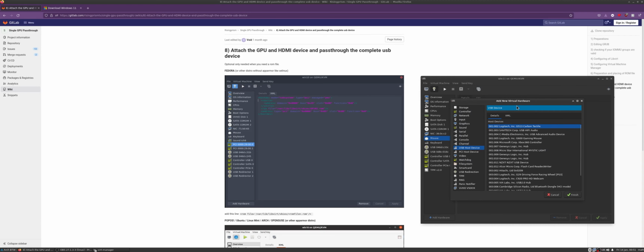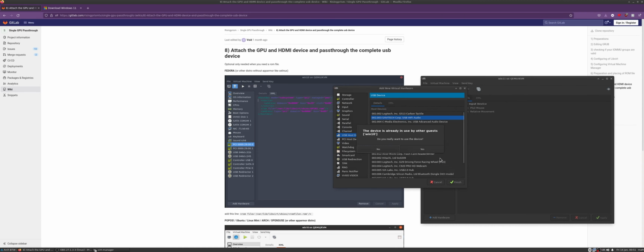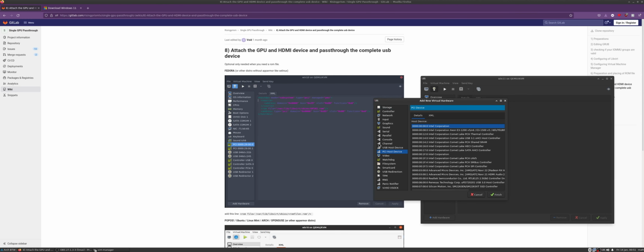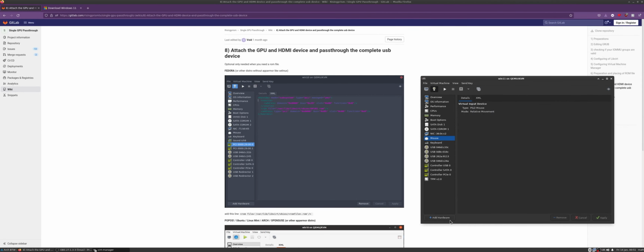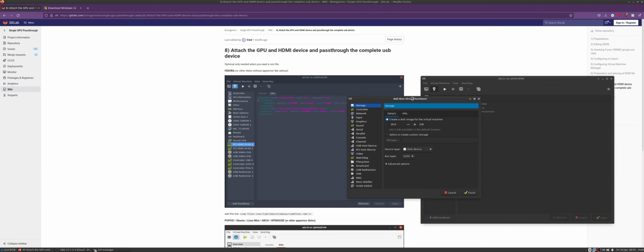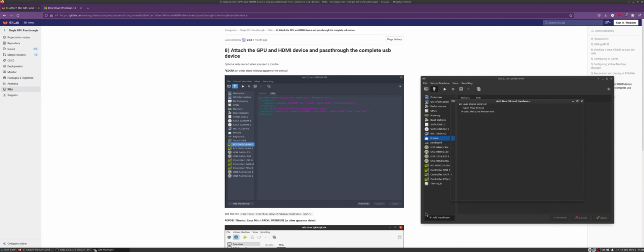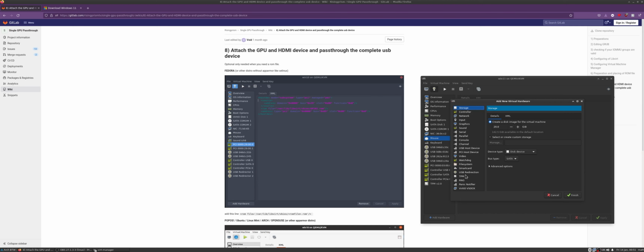I'm going to pass through my audio, of course, my hi-fi audio DAC, and then my keyboard. You usually just have to do your keyboard and mouse at first, because I'm recording, and I have a USB DAC. Now in PCI, you're going to find your card right here, and you're going to do that, and then